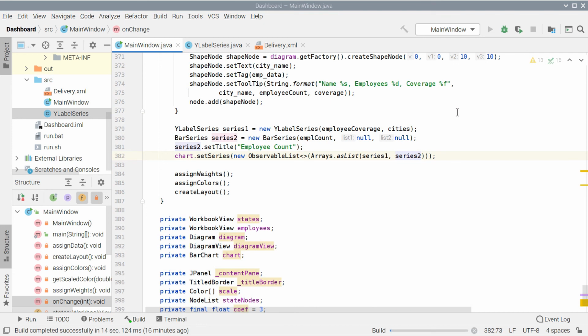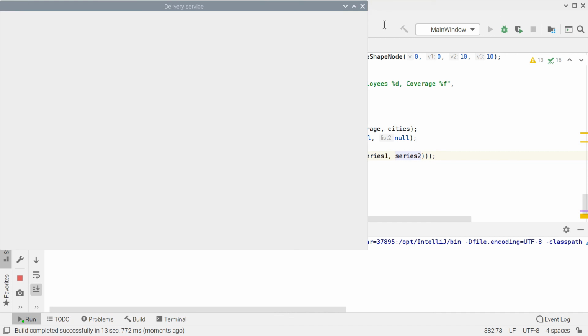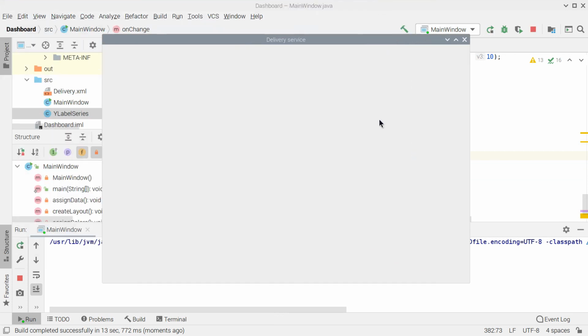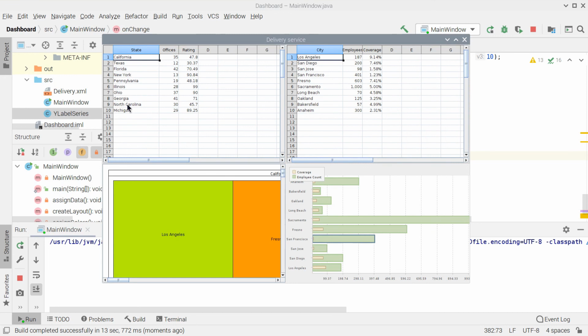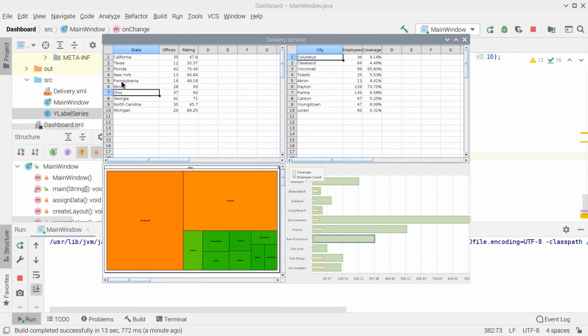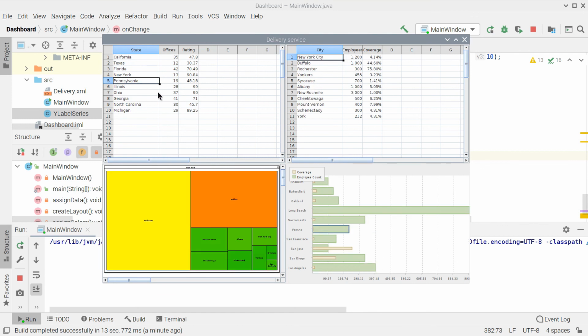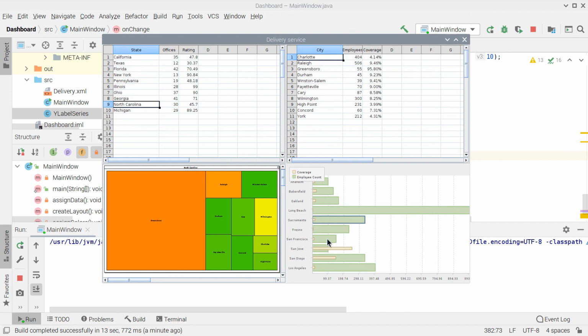Now let's run the sample. We see that the chart gets updated only when we hover over it.